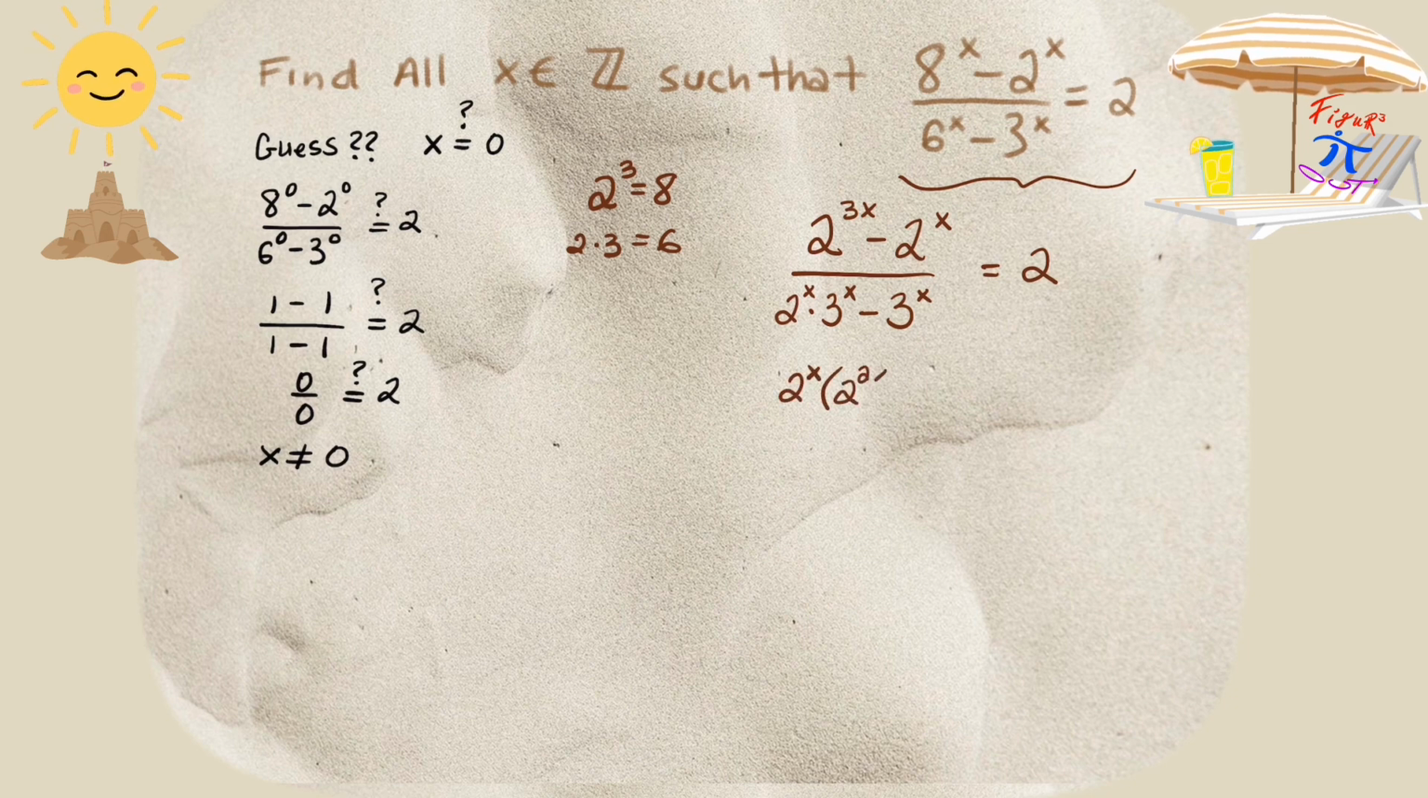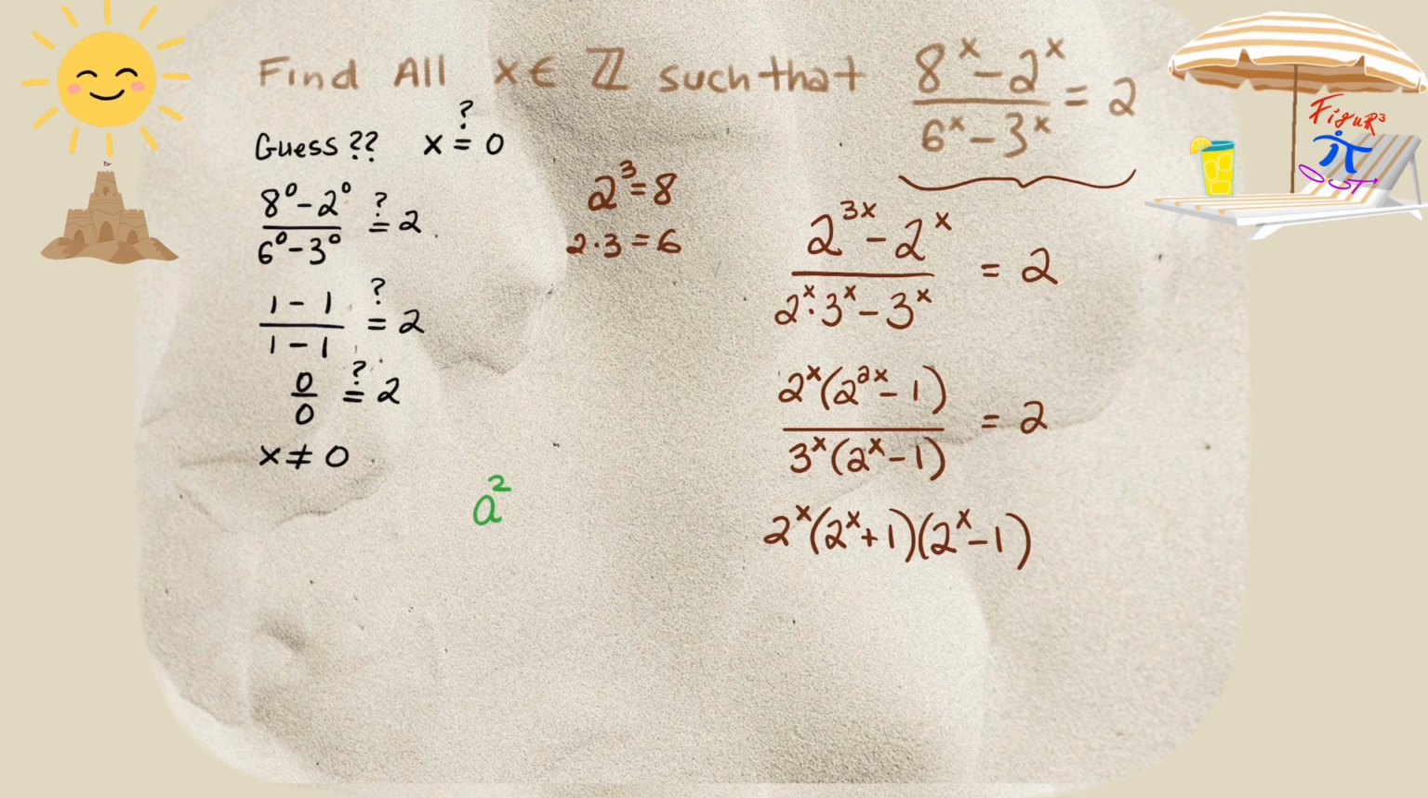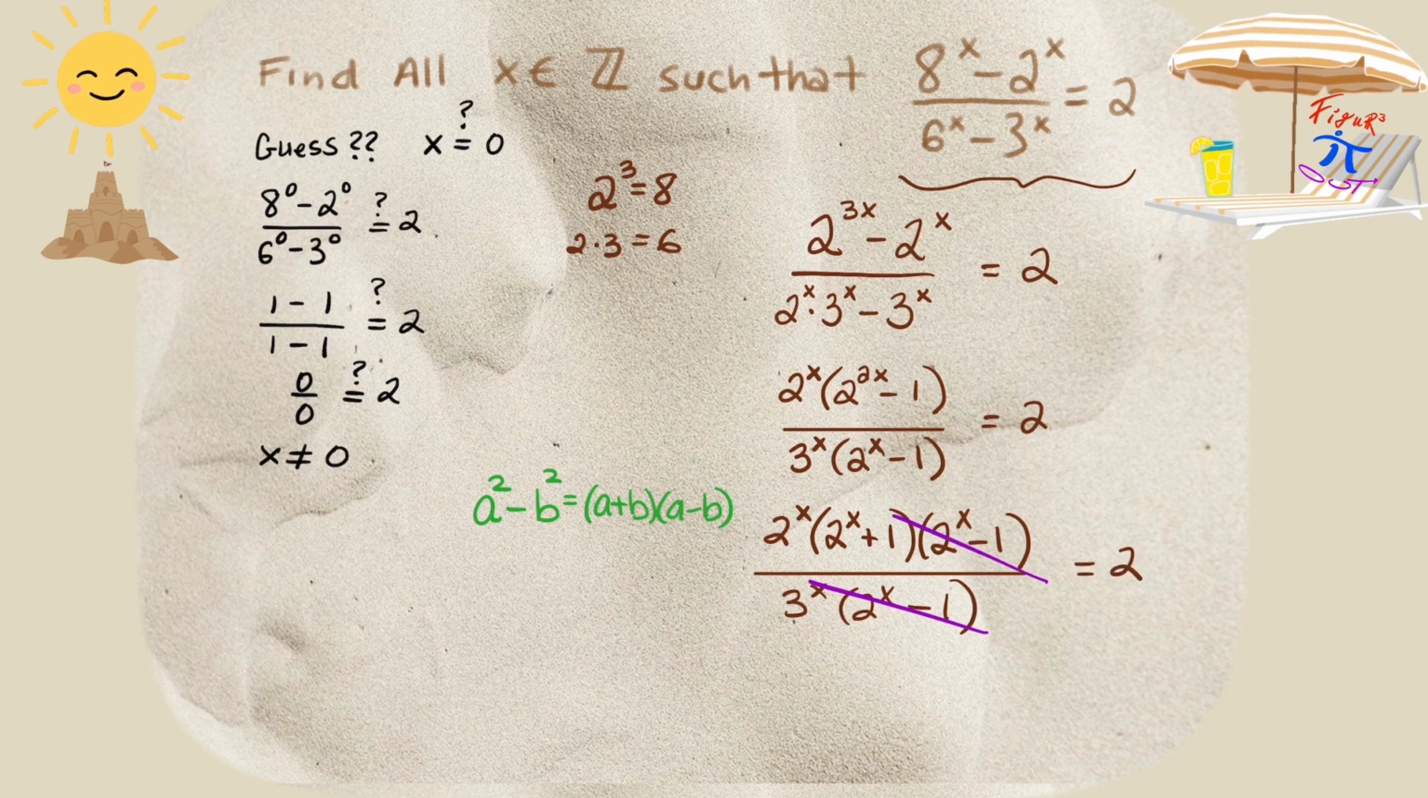Now, where we go from here is we'll factor a 2 to the x out of the numerator and a 3 to the x out of the denominator. And because the top part, the numerator in the parentheses, is a difference of two perfect squares, we can factor it as such. a squared minus b squared equals a plus b times a minus b. So we now get two factors of 2 to the x minus 1 to cancel,